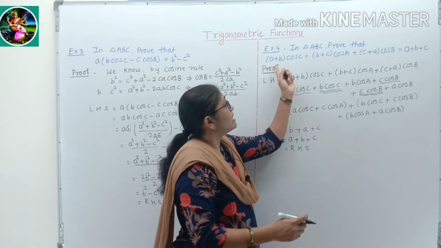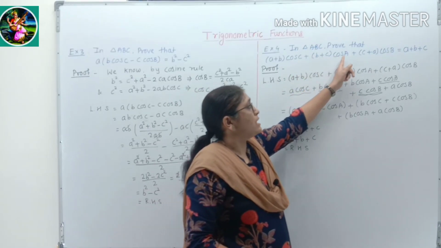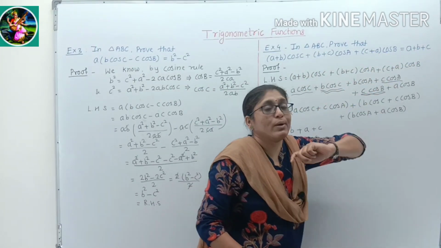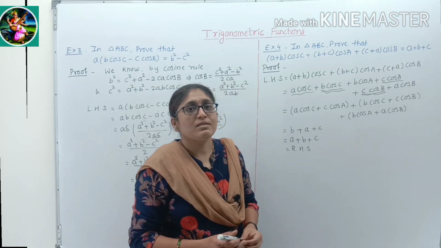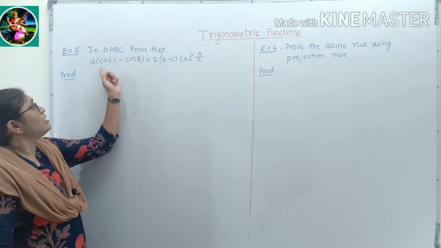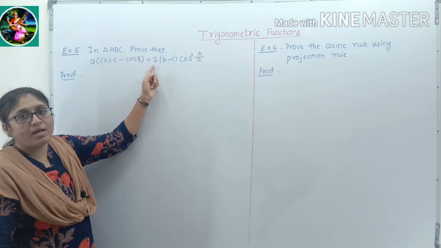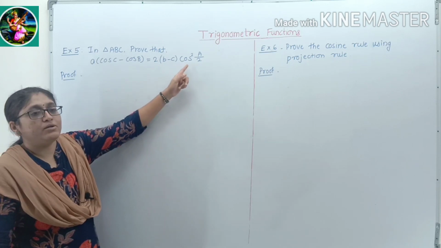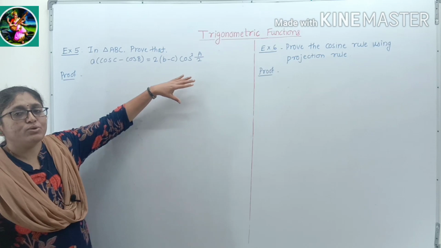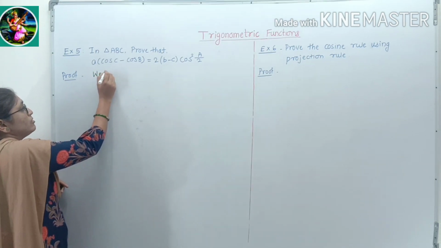Hence we proved that (a + b) cos C + (b + c) cos A + (c + a) cos B is equal to a + b + c. Next example: in triangle ABC, prove that a (cos C − cos B) is equal to 2 (b − c) cos² (A/2). For this we use the projection rule. We know the projection rule,